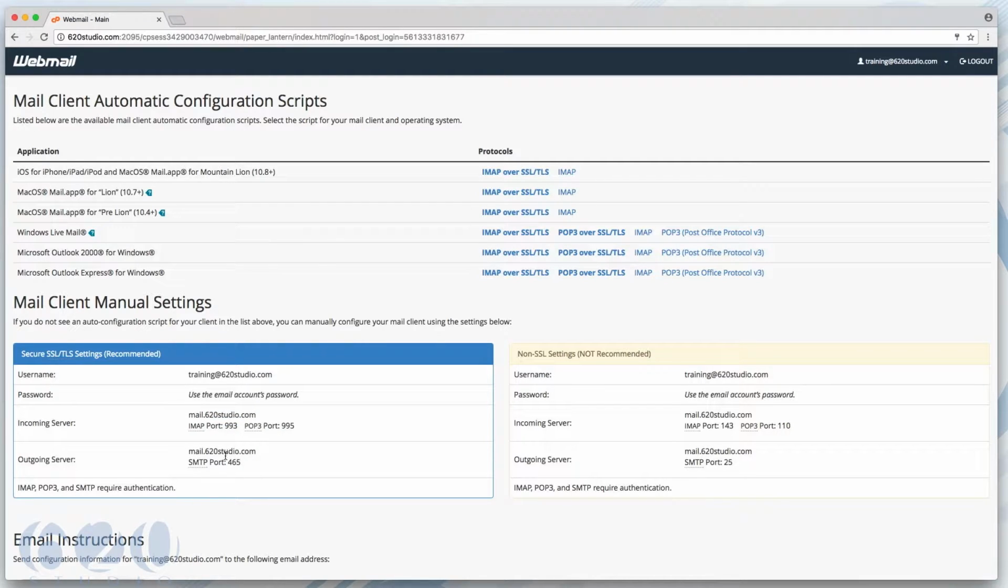So those will be identical. Make sure that they're put basically the same. The ports are going to be specific to whether you're going to be using SSL or not. As you can see, secure SSL/TLS setting is highly recommended. We don't recommend using non-SSL because it's not encrypted. If you're going to send emails, it's always good to have at least encryption and have some security. So as long as you're set up with the SSL settings, and you're using IMAP,